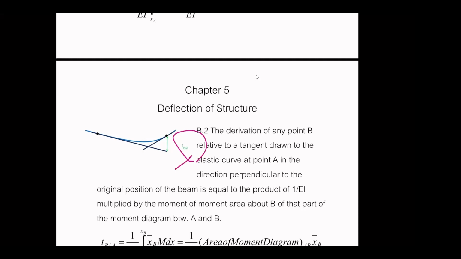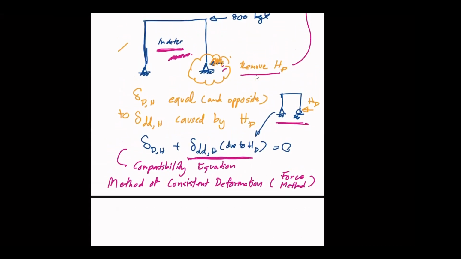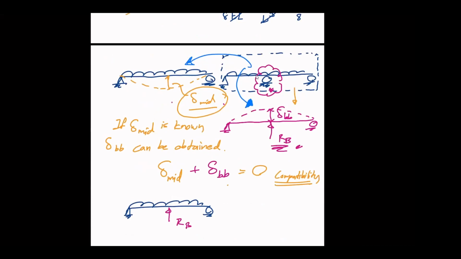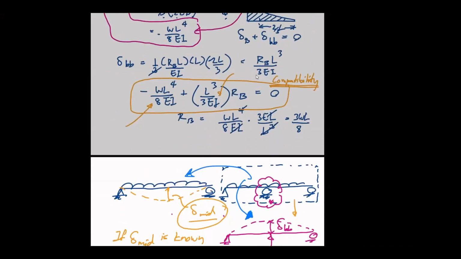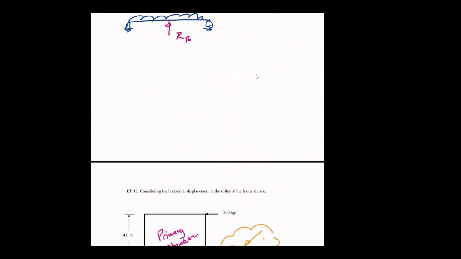If you don't have this relationship, you can't solve the deflection. So it's pretty good to use to solve the deflection of a cantilever beam, for example, because you know the deflection is incidentally equal to this T value. So it's very easy. But for a simple beam like this one, perhaps, if you want to use the momentary method to solve this beam,